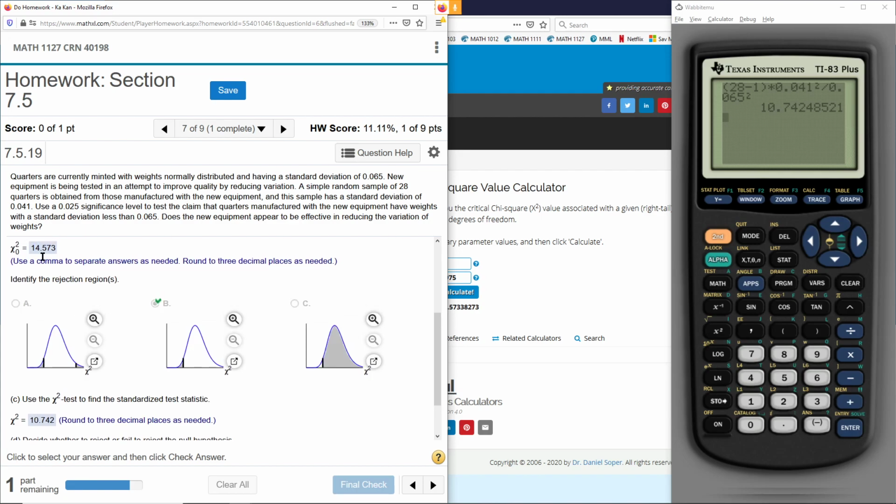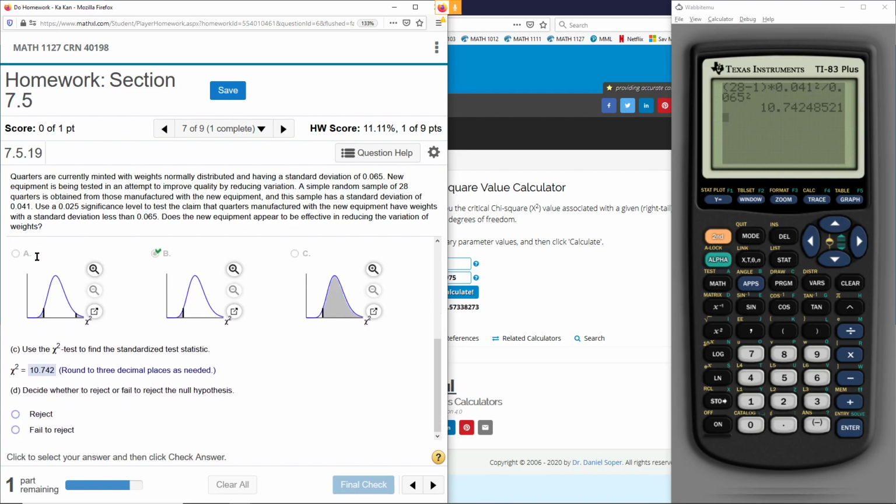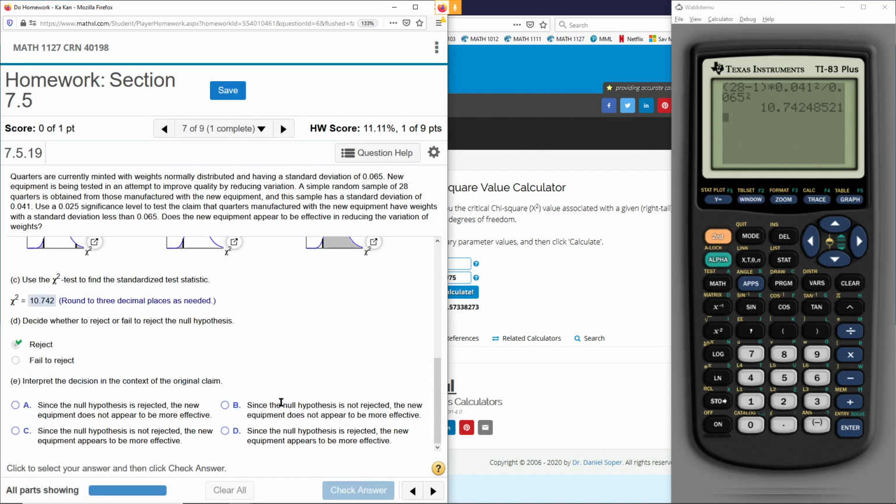10.742 will be on the left of 14. So it will be on the left of this line. So there will be a rejection zone, so you'll reject the null hypothesis. And the null hypothesis is not the claim. The claim is the opposite, the alternative. So therefore, since the null hypothesis is rejected,